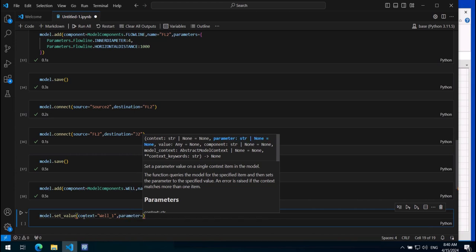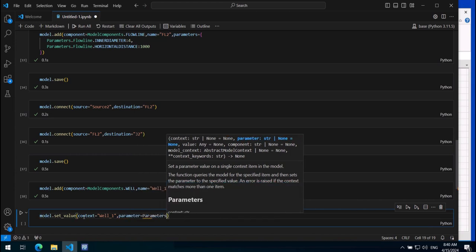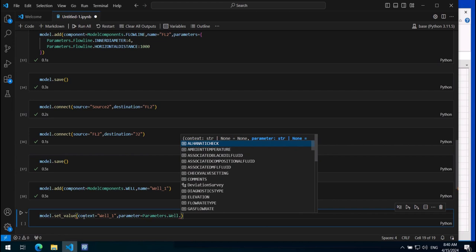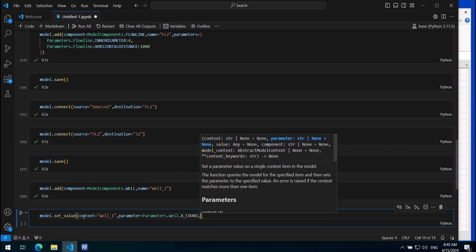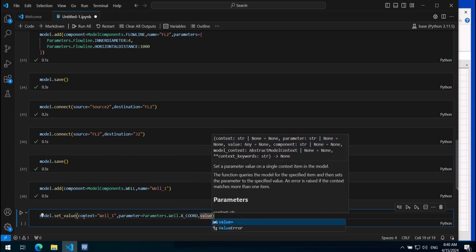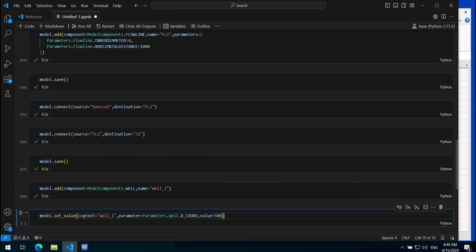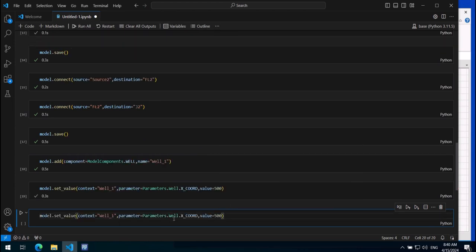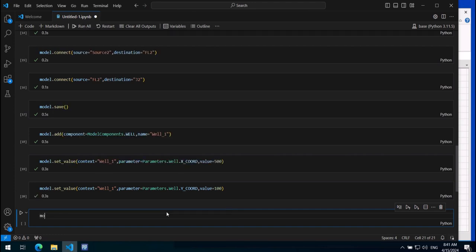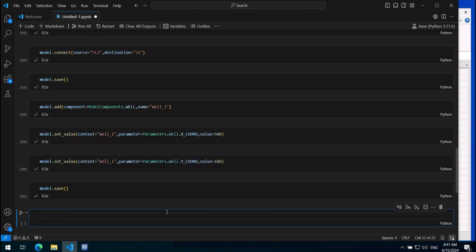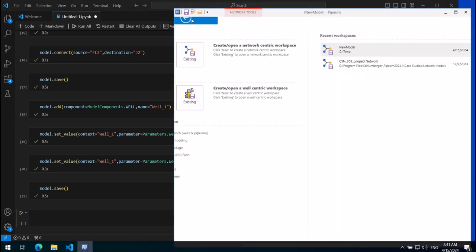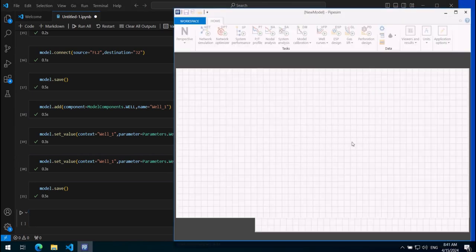Parameter will be parameters well x coordinate, and the value can be, for example, 500. Let me copy this line. I will use it one more time, but this time I replace x by y and say that it will be 100. Set coordinates, save model, model saved,